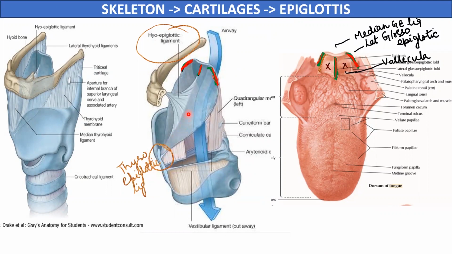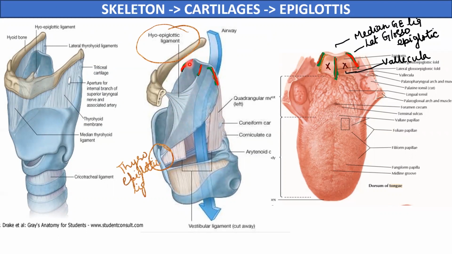The epiglottic cartilage has an anterior surface and a posterior surface. The posterior surface of the cartilage will face towards the laryngeal cavity, and attachments along the anterior surface are as follows: the epiglottis is attached anteriorly to the hyoid bone by this hyoepiglottic ligament,